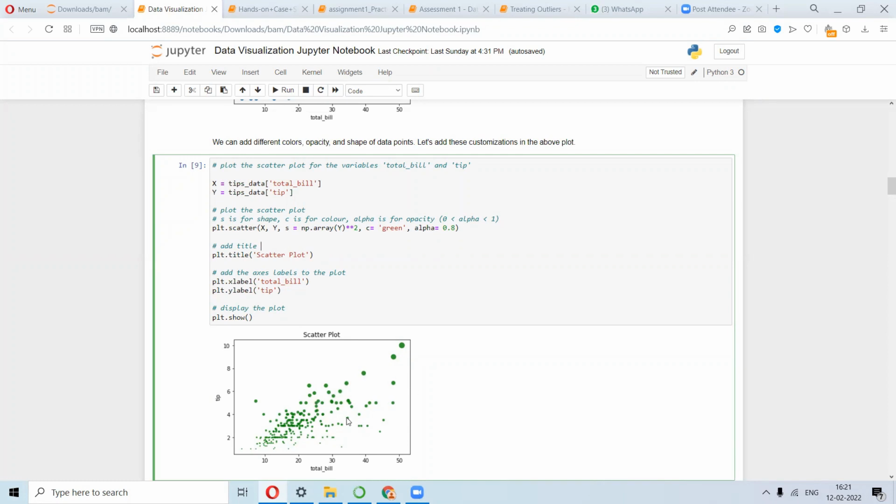All the higher end values are much more prominent compared to the lower end values, right? That's what we can achieve from here. And we have green and alpha equal to 0.8. Opacity is just that you can see that all these points are clearly visible when compared to the other points that you have here. So that is the opacity.